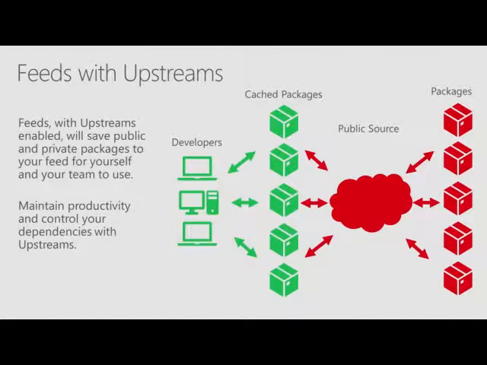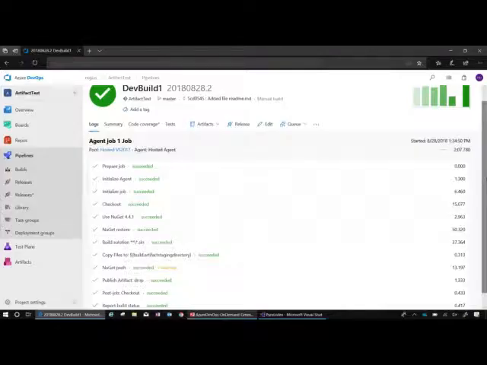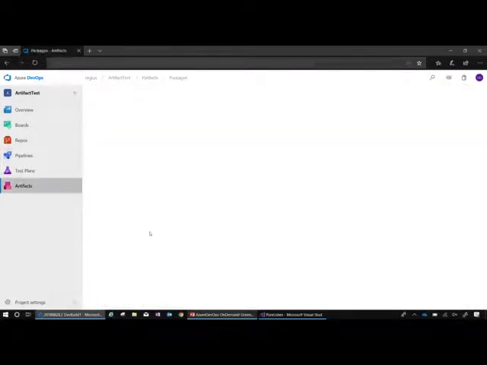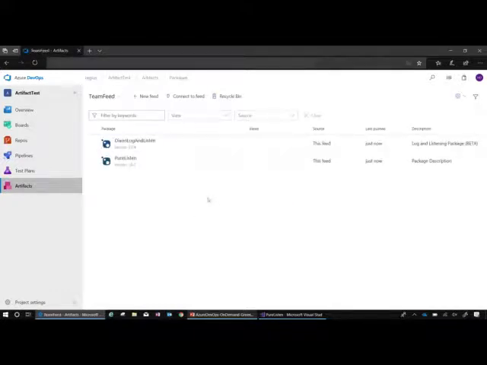Okay, let's go ahead and check on my build. I believe it's complete. Okay, it looks like my build is complete, so I should be able to go and see the artifacts now within the team feed. And yes, it looks like the artifacts were just published into the team feed. Great. So what we're going to do now is consume a package, one of these new packages,